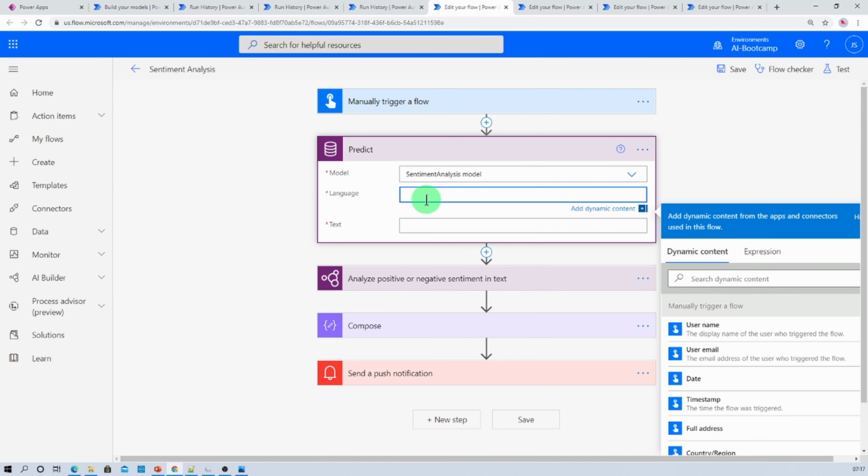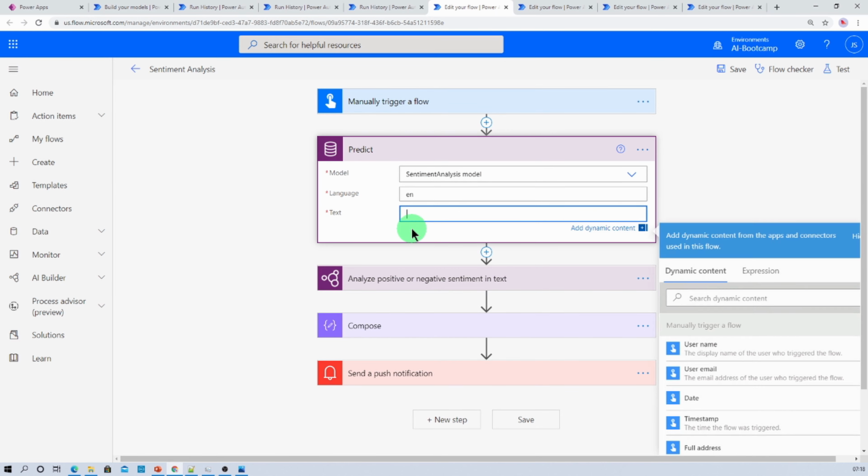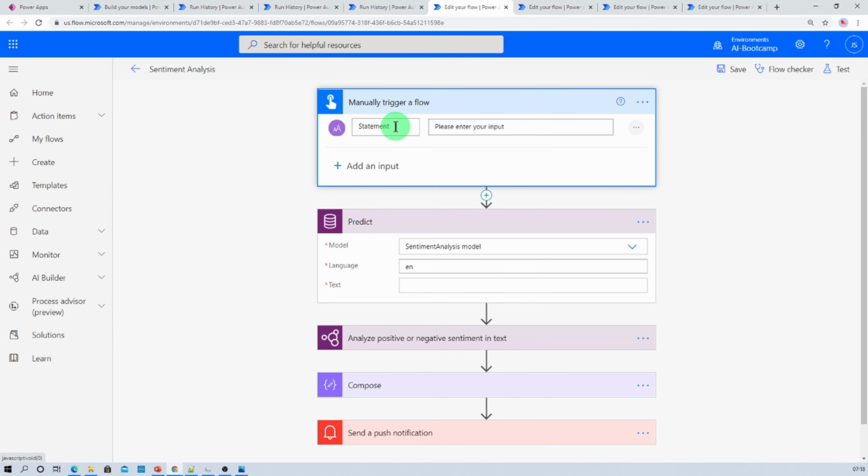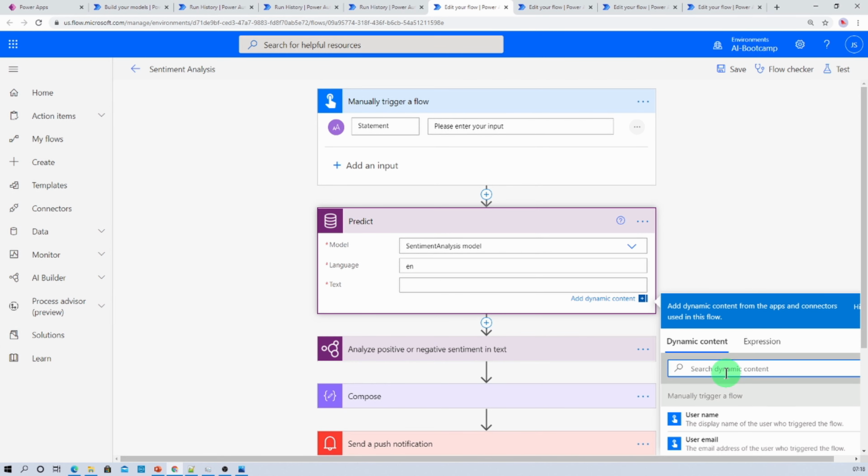Here you just need to pass the language, and here you just need to pass the text. Here I am passing the text as the statement that you have defined. So let's search here for statement,